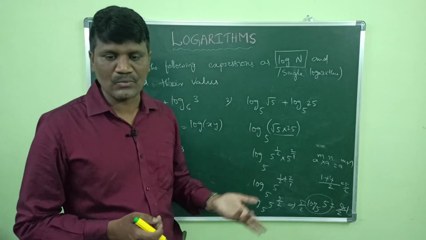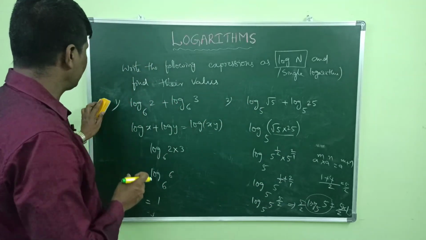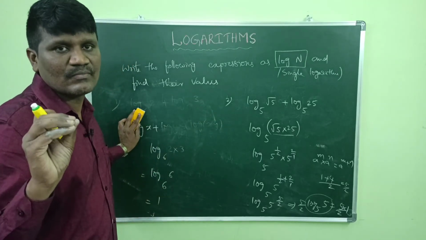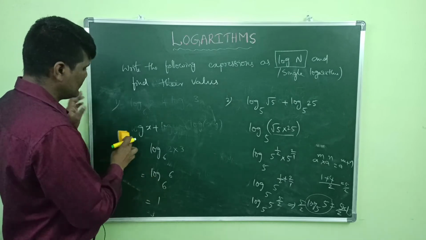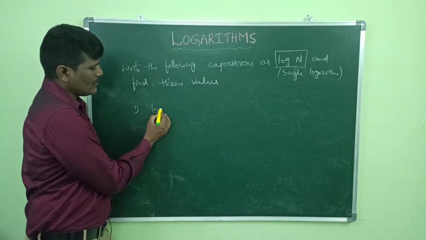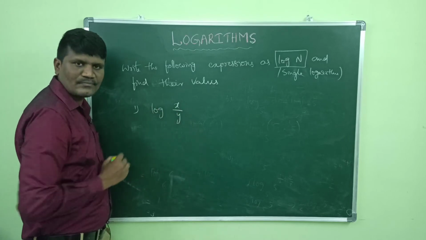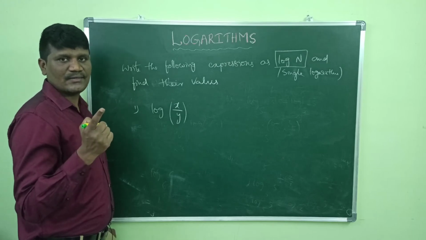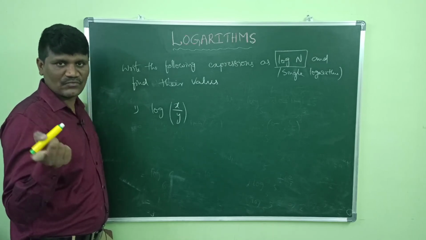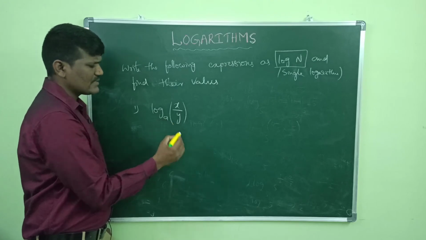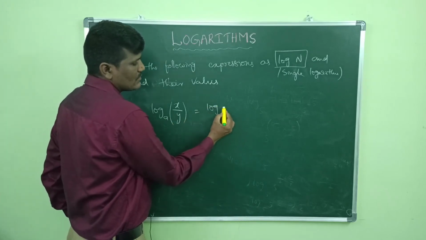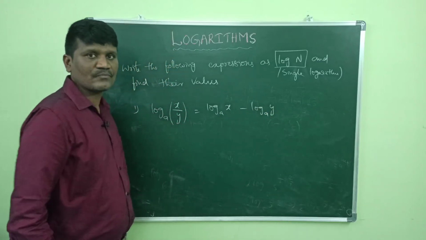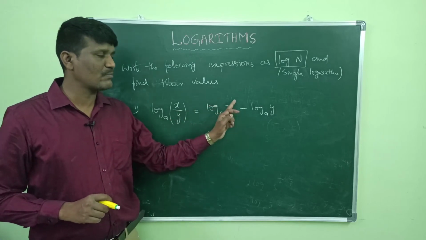Now let us see the division rule. The third one is the division rule. In fact, it is also the same. Simply, in place of sum, or in place of plus, it will be minus. The next, simply you can write log x by y. The previous product rule was log xy, where log xy I wrote as log x plus log y. Here log x by y to the base a is equal to log x minus log y. Bases are the same. So log x by y is equal to log x minus log y.